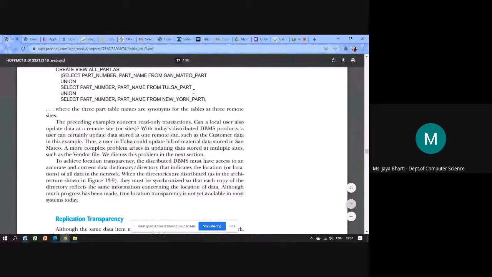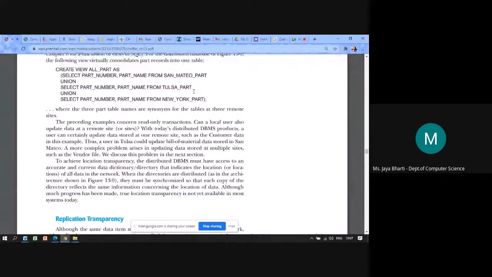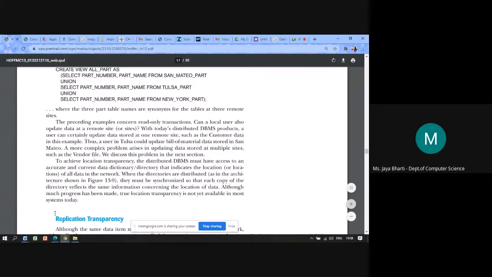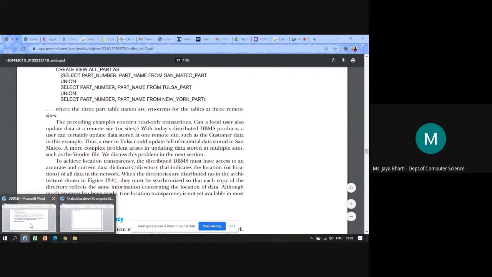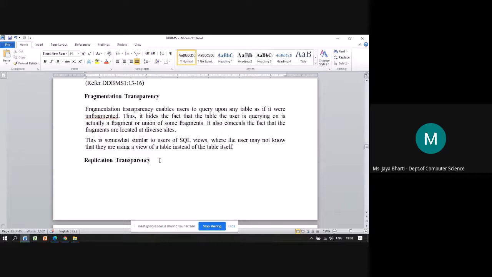So basically it is retrieving these values from different branches or locations, combining them and creating one view at the global level, called all parts. Whatever operations happen, they will happen on that particular view. So this is the fragmentation transparency.